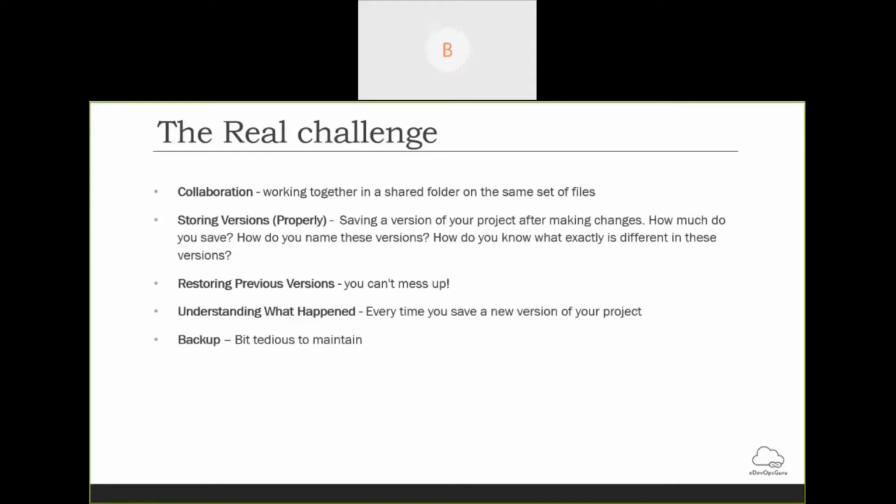If you work on a project where all the team members work on a shared repository, that is, on a server where we have created a few folders, one project or multiple projects, and we share that folder and everybody works on it, the first problem or real challenge is collaboration.